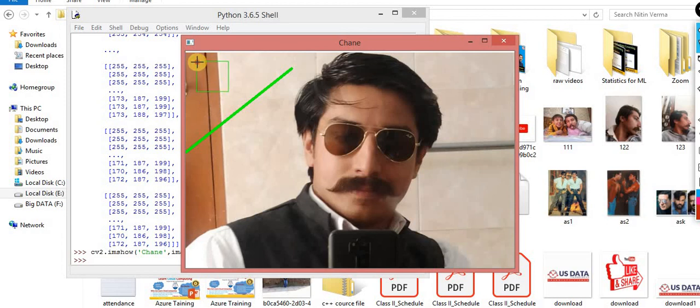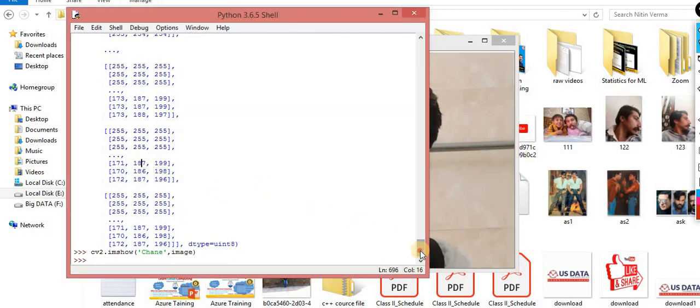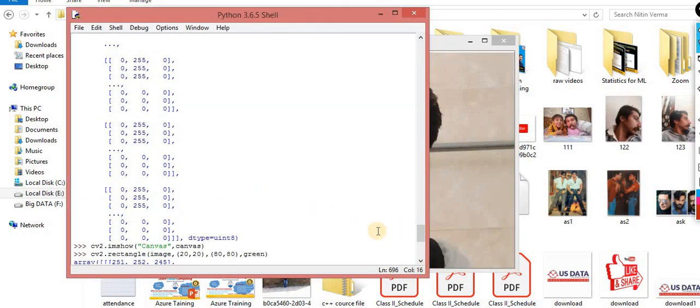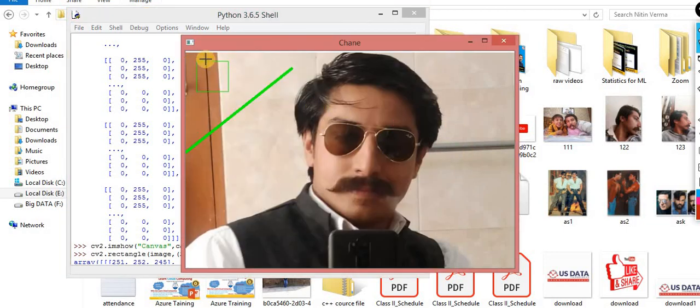So I think this is clear to everyone, how you can draw a rectangle, but later on this rectangle would be over the face. I'll show you how you can generate it. For today I think it is more than enough, so try this one. Tomorrow we will cover all the remaining methods, and we will capture a face from this image and draw a rectangle over it. That's why I showed you how you can generate the rectangle on images. Now the picture is a little clearer to you guys.